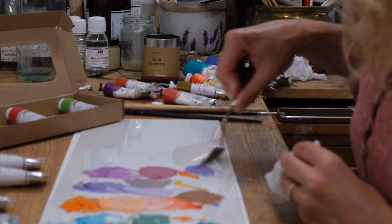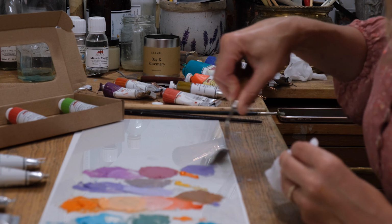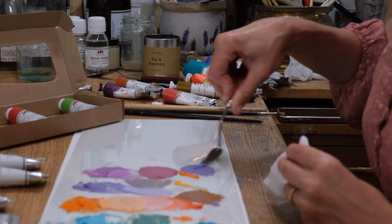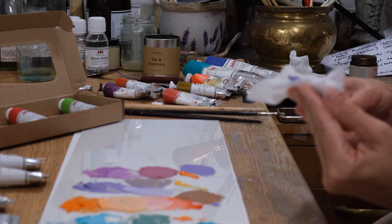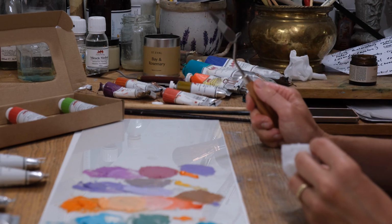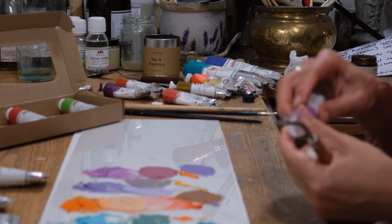So yeah, with the blue it just completely cools it down. It almost returns it to lavender. So if, say, you had the wisteria and the vivid blue, you probably wouldn't need the lavender. You can just make it so easily. But let's try it. Let's squeeze a bit more out. Why don't we try...